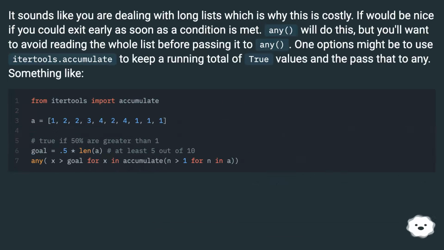It sounds like you are dealing with long lists, which is why this is costly. It would be nice if you could exit early as soon as a condition is met. Any will do this, but you'll want to avoid reading the whole list before passing it to any. One option might be to use itertools.accumulate to keep a running total of true values and then pass that to any. Something like